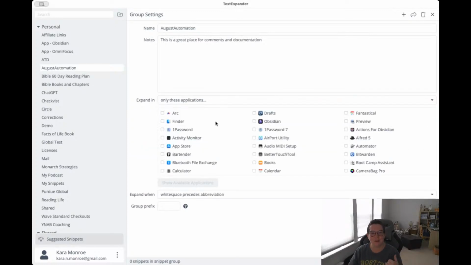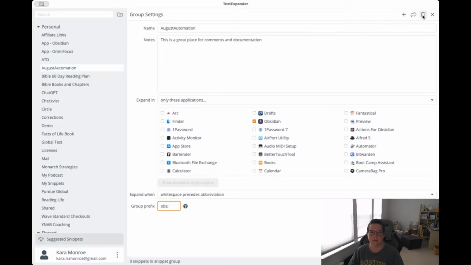Okay, so then it pulls up a list of the applications on my computer, and I'm going to say I only want this to work in Obsidian. And then I'm going to give it a group prefix, which is OBS. And that means that any automation I put in this folder, and I'm going to use the semicolon, will have the OBS prefix in front of it. Okay, so that's how that would work here.